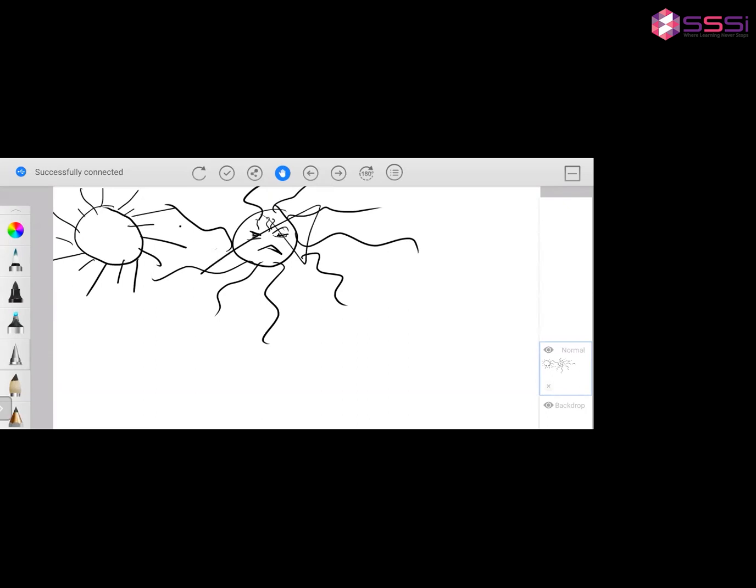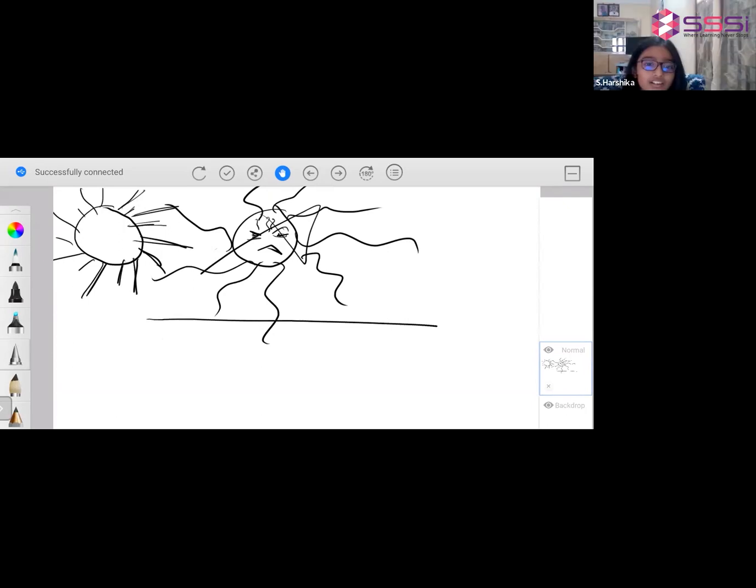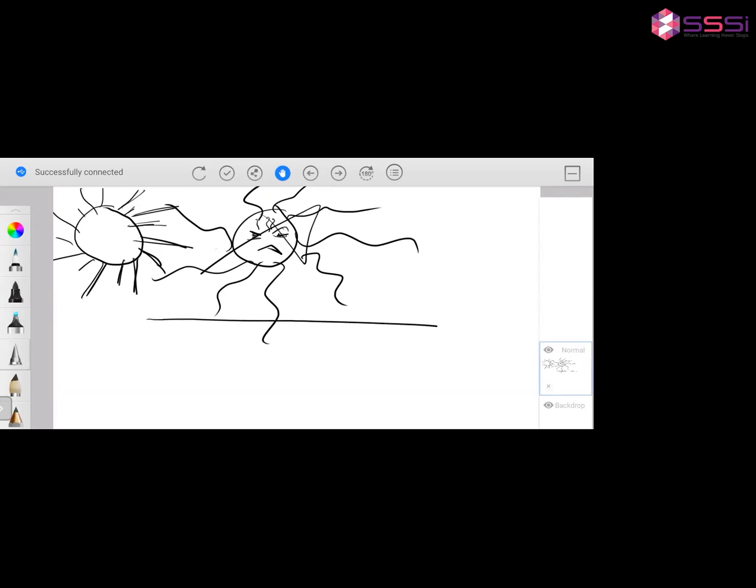Okay, let's forget this. We draw the sun like this. There are straight lines. That means the light is coming to us in a very straight, neat and clean path, not any U-turn, right turn or left turn. Nothing.